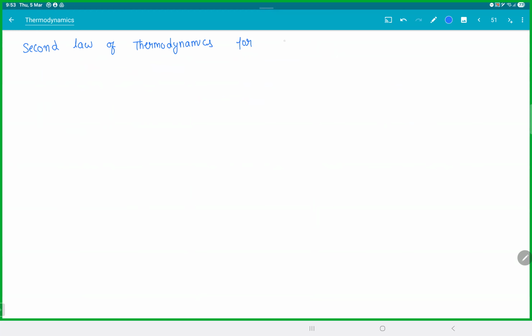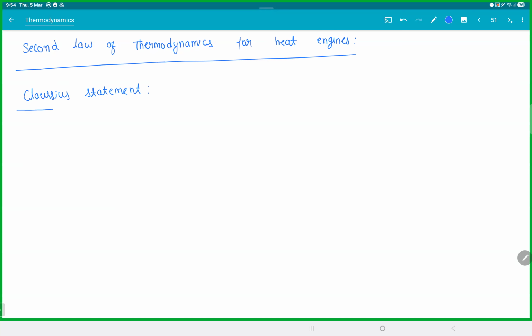Now, unlike chemistry, where they focus more on entropy, in physics we are more interested in heat engines. The first thing is the Clausius statement, a bit of theory there. What the Clausius statement says is, it is impossible for a machine